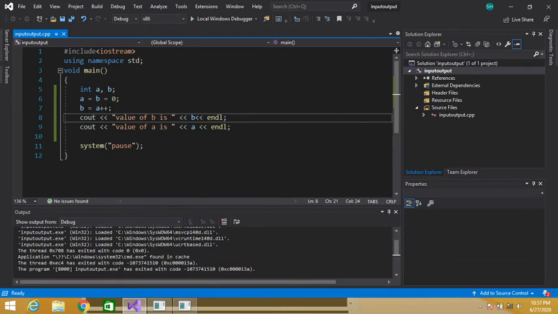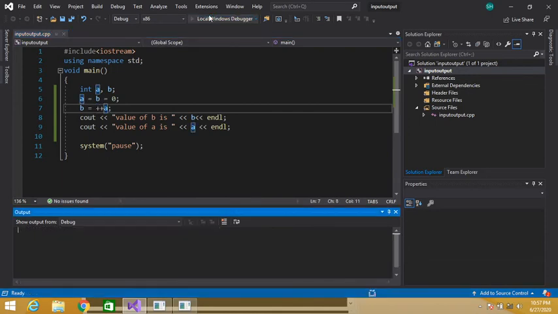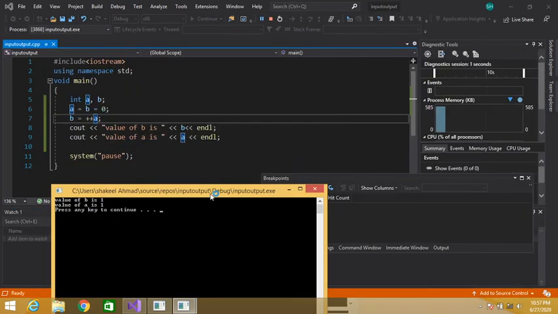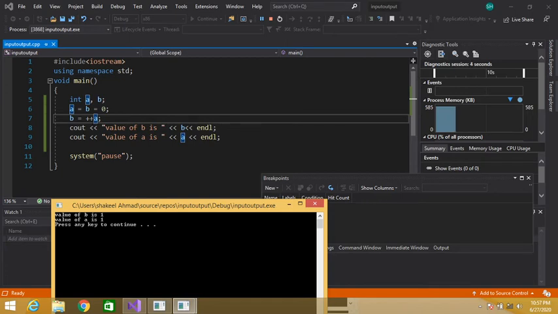Let's pre-increment the value of a. Now 1 is displayed. In the pre-increment operator, it will first increment the value of a, then it will assign the value of a to b. See, a contains 0, so it has first incremented the value of a, 0 plus 1, 1.